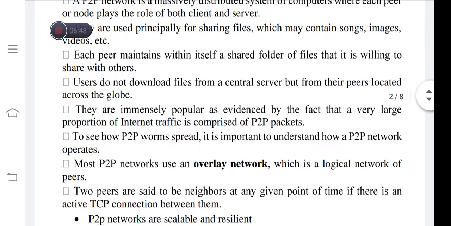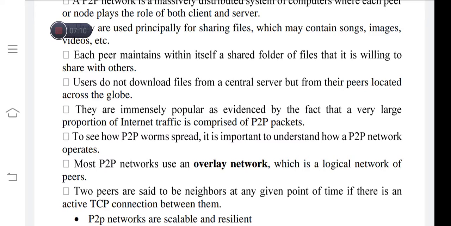Peer-to-peer networks are immensely popular, as evident from the fact that a very large portion of internet traffic is comprised of peer-to-peer packets. So if you want to understand how peer-to-peer worms spread, we have to understand how a peer-to-peer network operates.